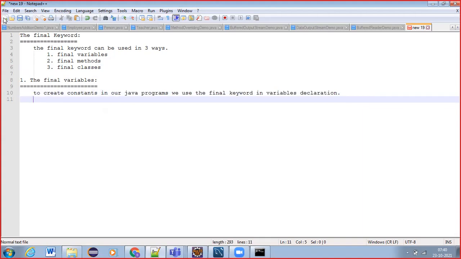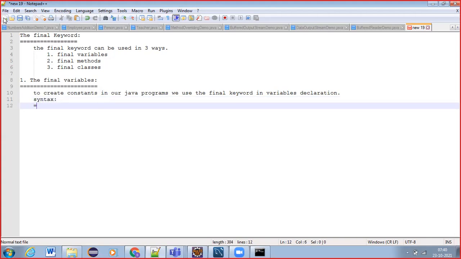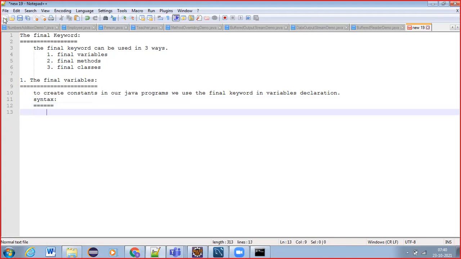Okay. So now, syntax, we can see like public final data type, or that can be public or private. Variable can be anything, right?